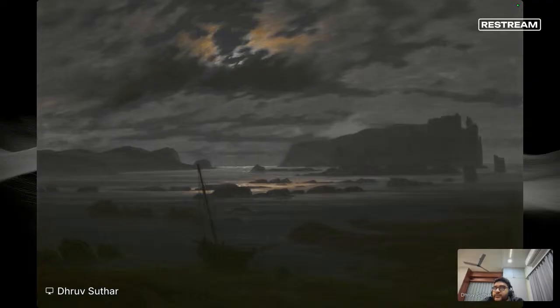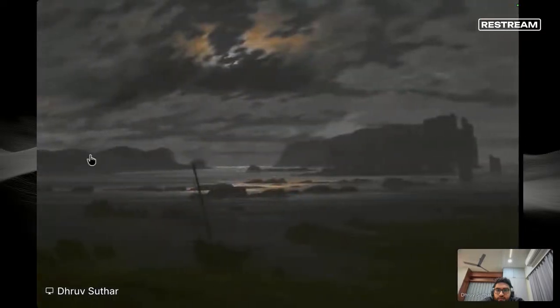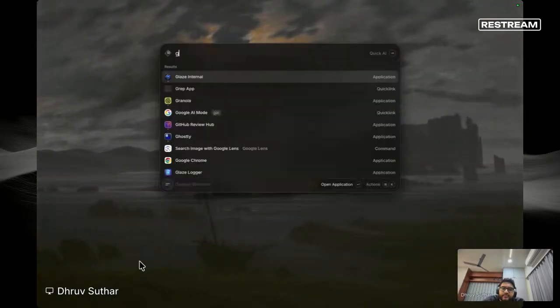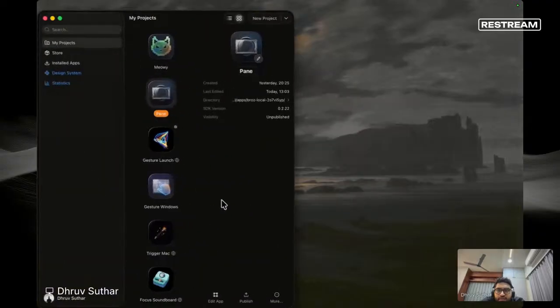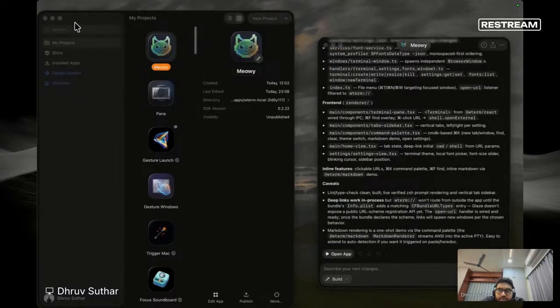Okay, then we have the Glaze app that we were looking at. I was building two more Glaze apps. The name is Meowie. It's a terminal based on a web-based terminal,